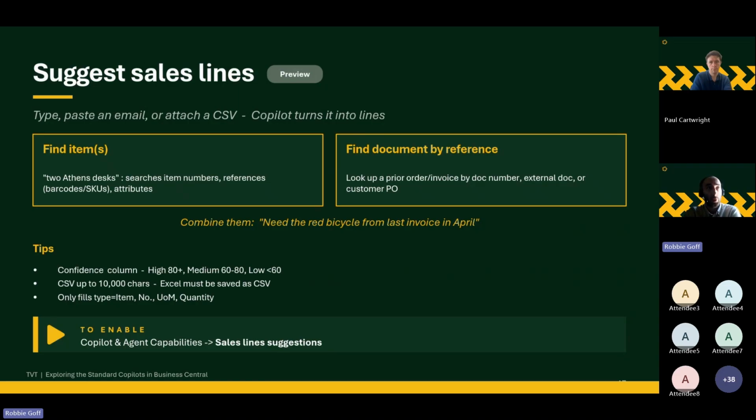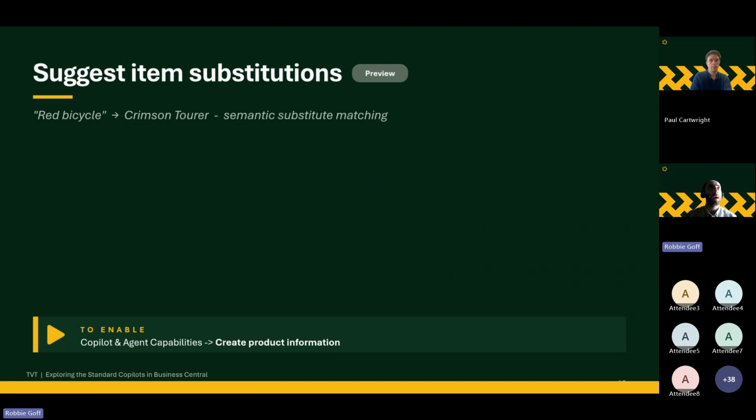It can't be any other sort of file. And to enable that, again, just go to your Copilot and agent capabilities and enable sales line suggestions. And then the second thing we looked at was item substitution suggestions. So it's going to convert natural language, use semantic search, and find the relevant item, hopefully, or relevant items to